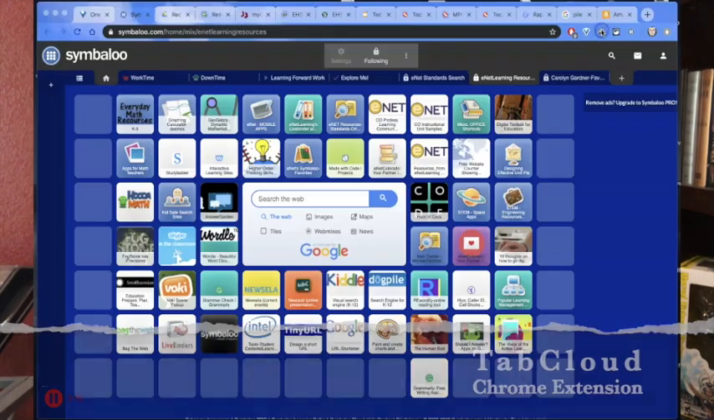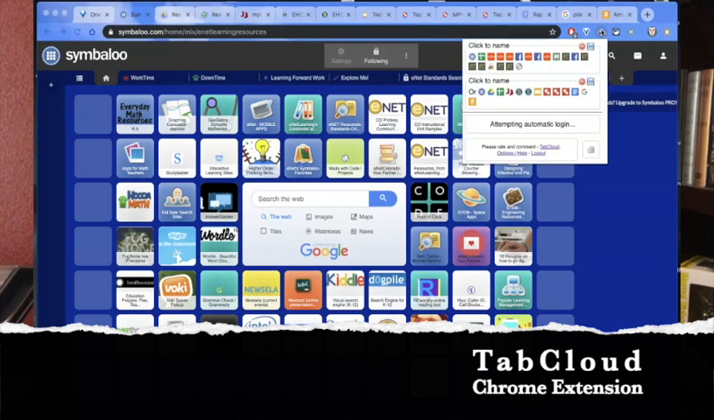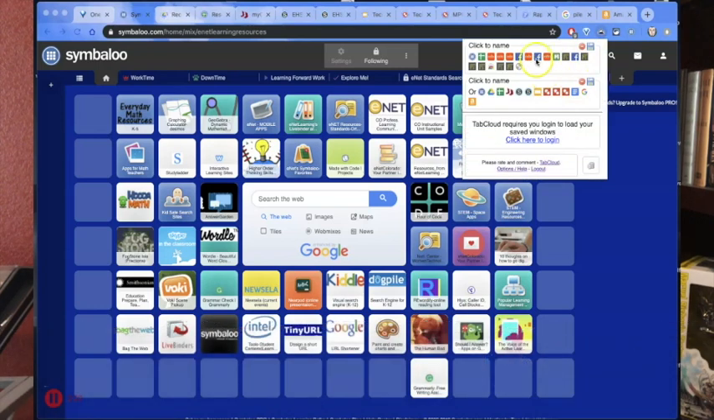Another way to effectively organize your tabs is a Chrome extension called Tab Cloud. You may not like to have all of your tabs on a single page. You may want to have them all grouped together. You can do this by using the Tab Cloud extension, and you can give each cloud its own personal customized